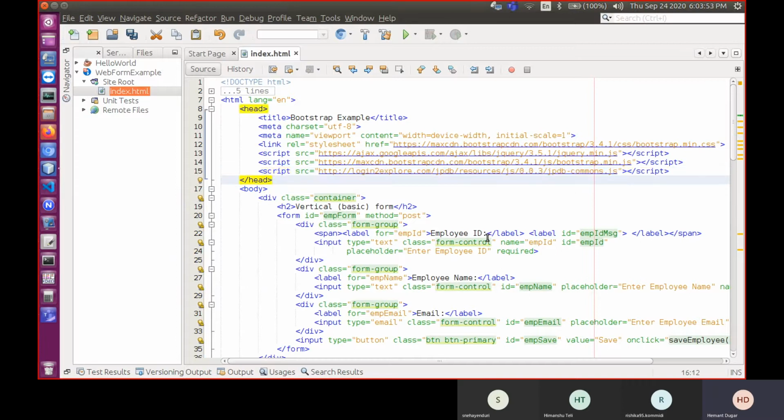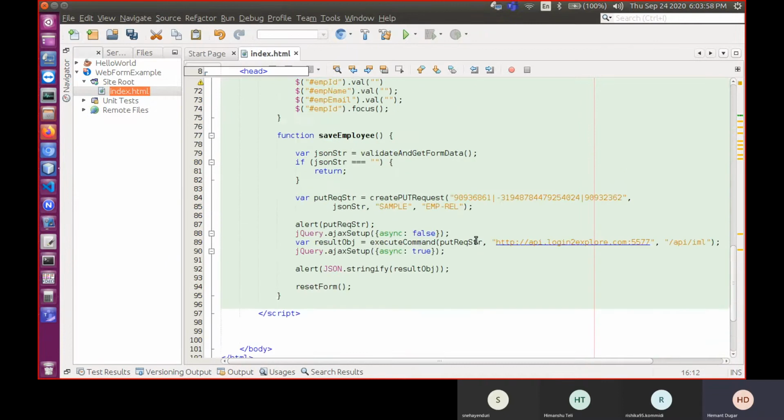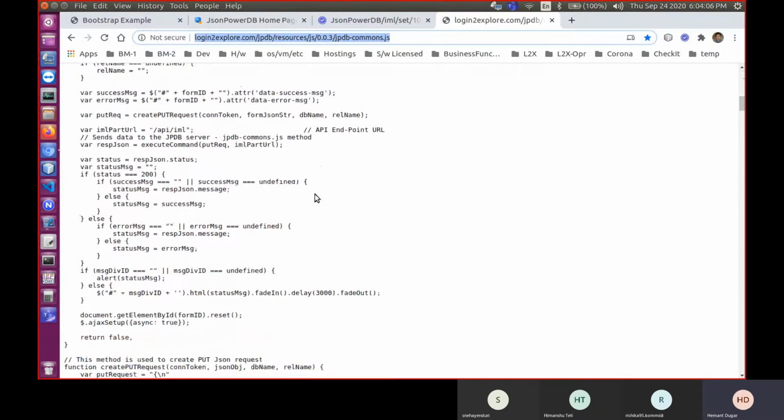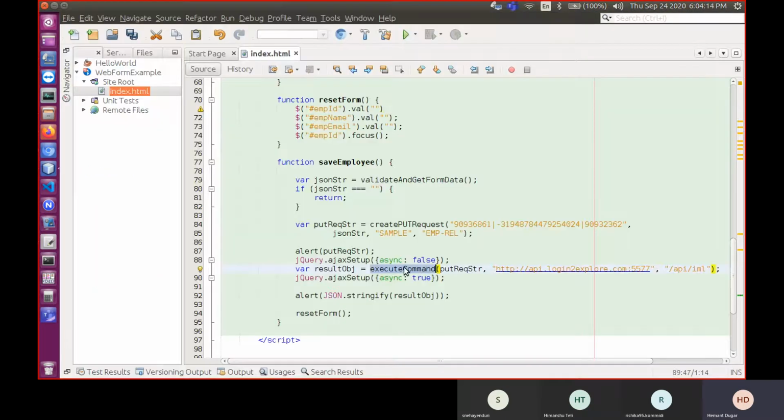So this JavaScript is included now. So these two methods are available there, but this method name is different. This is not execute command there. In that file, it is basically execute command at given base URL. So we have to change this.